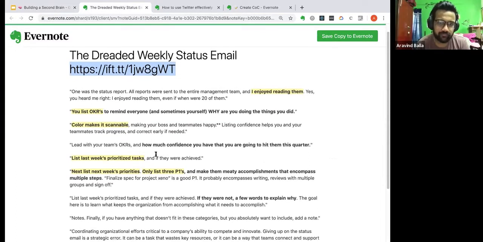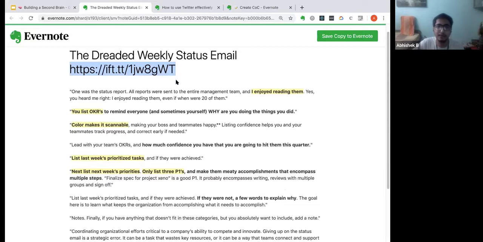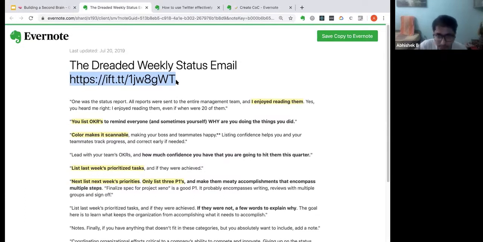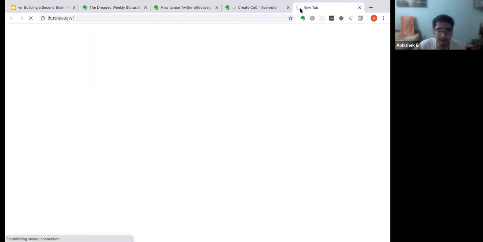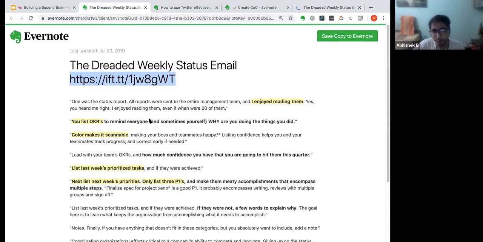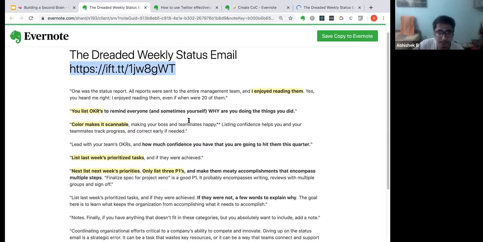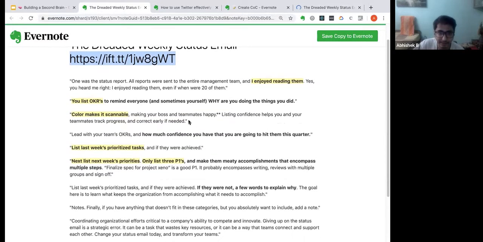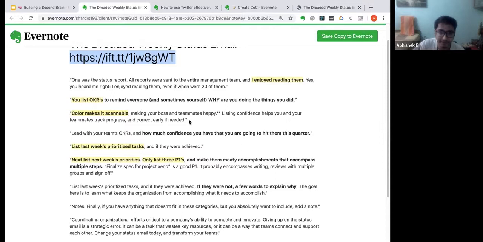So I had started the habit of writing a weekly status email at my last job, and I came across this really nice article, but it's at least 500 words. It's quite a long article, and I don't want to keep going back to it again and again. So this is like a funnel of filtration, with different filters.